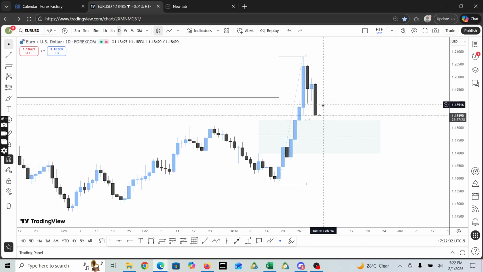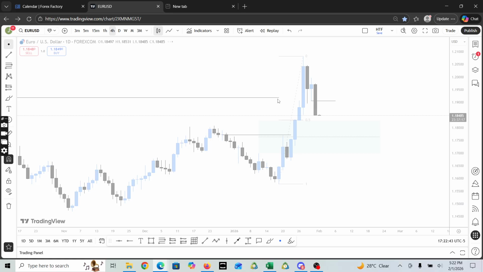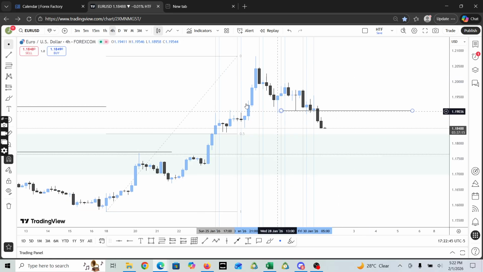But I would love to see price come in here and then give us a reason to short into the mid portion of the range, and then we monitor price from there. The H4, yes, we do have